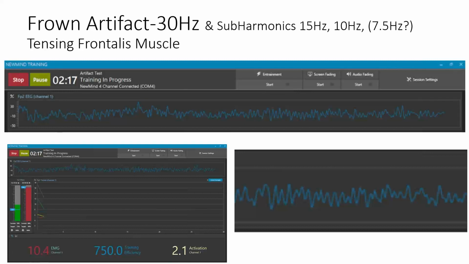So Rob has this thing where he has people go through and clench their jaw and frown and do different things, and he shows the clients the different types of things they can do to mess up the signal. And that's actually a really good clinical practice, because as a clinician, you can actually see what their unique signature is in each frequency band with our software. There's tense your forehead. Okay, now clench your jaw. Okay, move your head backward and forward, and you can see which area produces the most muscle tension.